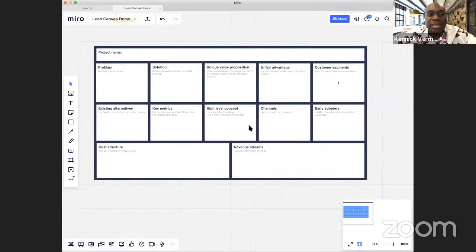Instead, you could use this as a launch board to test and tweak business plans until you've come to the point where you're very comfortable with what you have. All right, so now let's jump into